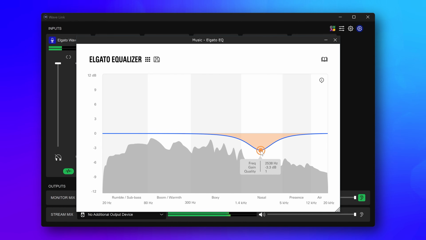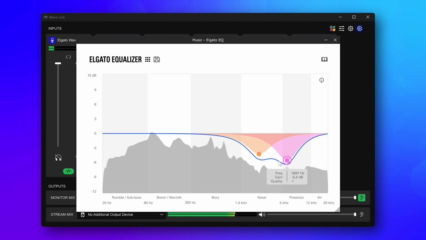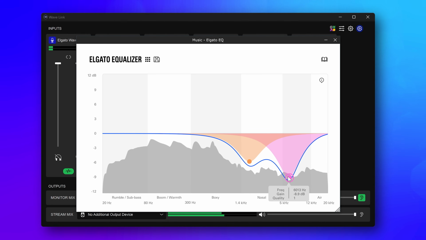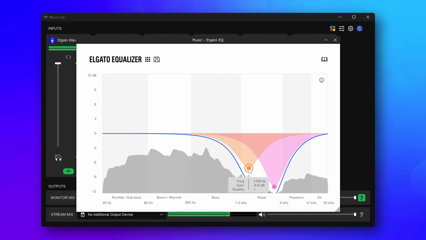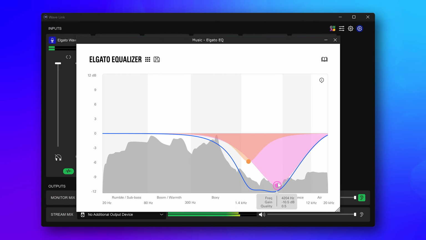Another nifty use is in helping background music mix better with your other audio. Use an EQ on your music to cut out a lot of the mid to high frequencies where your voice might be. And this can help the music not be quite as distracting while not needing to be super quiet.